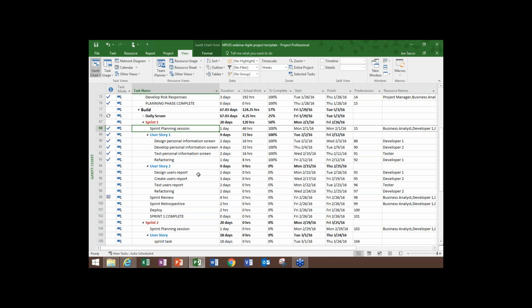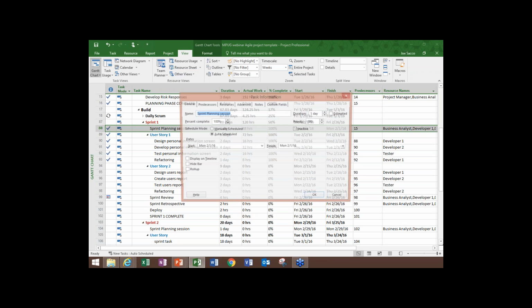And if your project is completely dynamic, as a lot of people do in Microsoft Project with auto scheduling, for instance, in play, you're going to need some way to time box those sprints. So what I wanted to show you was how you can use constraints. And I know constraints are a dirty word in Microsoft Project a lot of times, but not in this case. So let me double click on the sprint planning session.